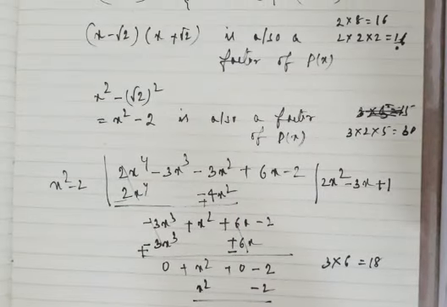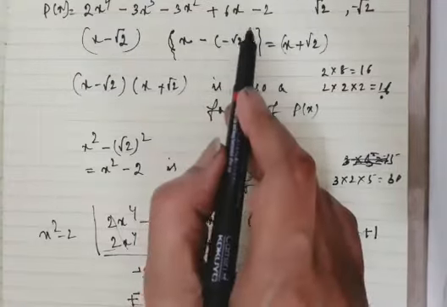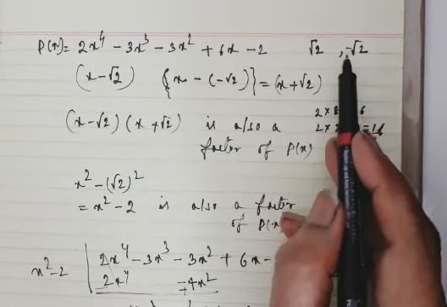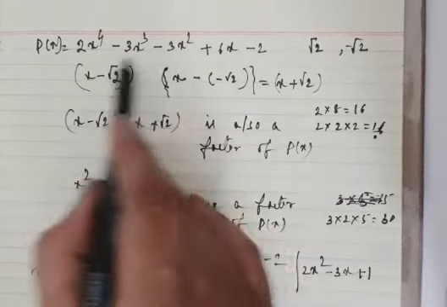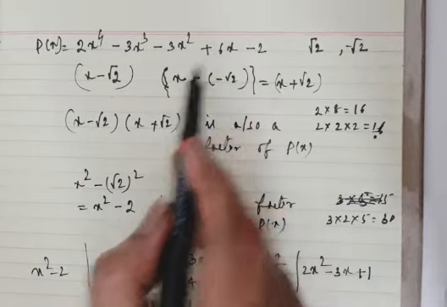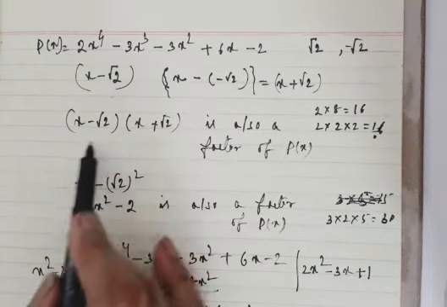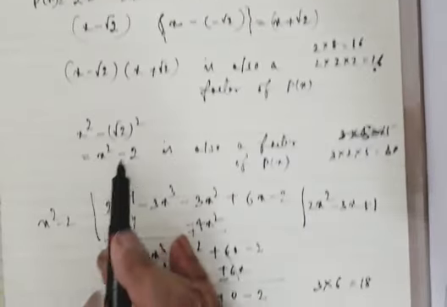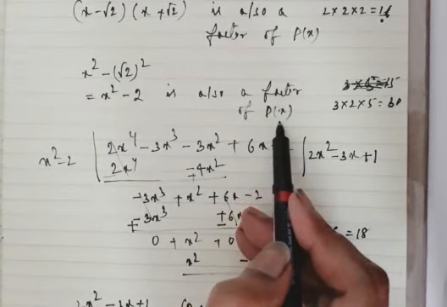So what we did here, again let me clear. Suppose this is the polynomial given, 2 of its zeros are given. Now zeros are given means we can find x minus root 2 is a factor of this, and x plus root 2 is a factor of this. If x minus root 2 is a factor of this, x plus root 2 is a factor of this, the product is also a factor of this. Now this product gives you x square minus 2.